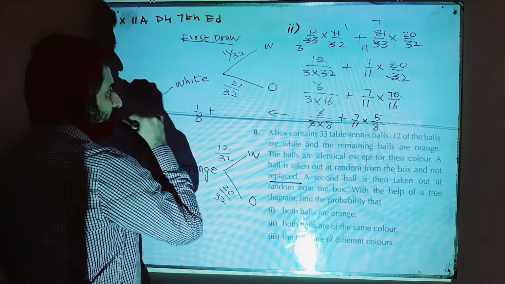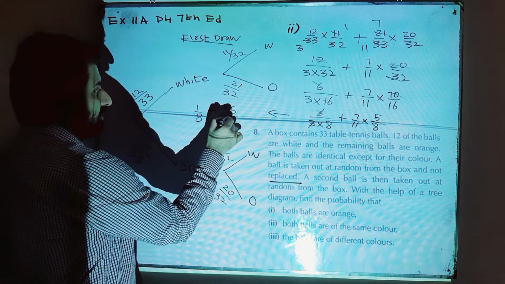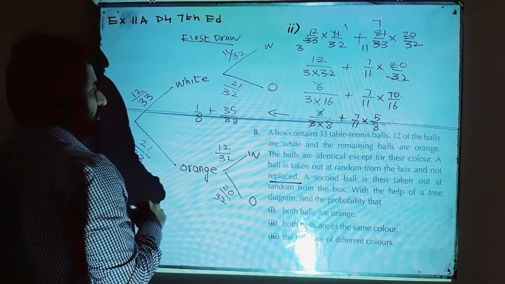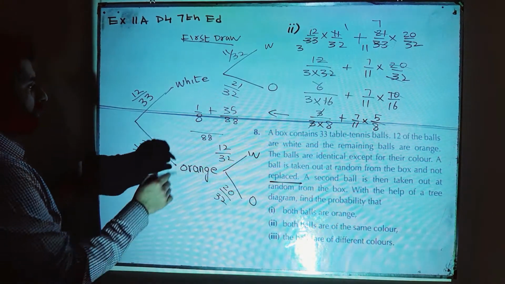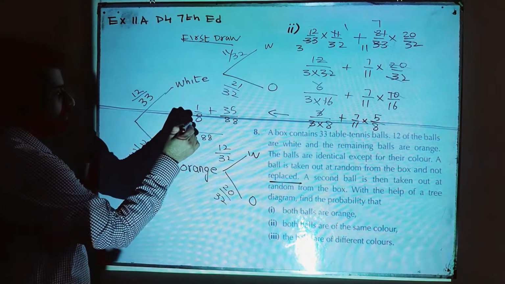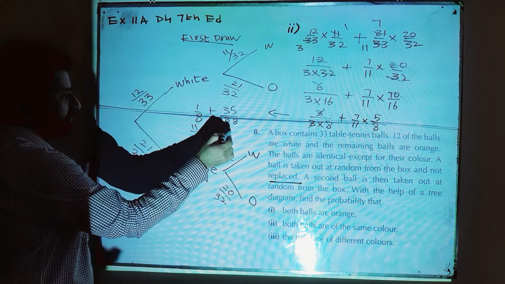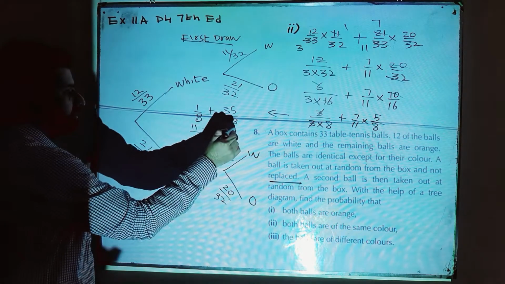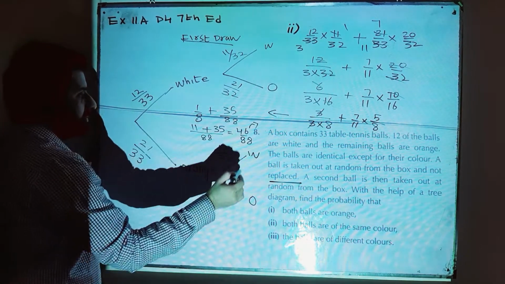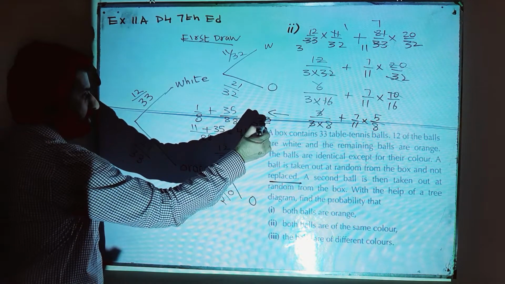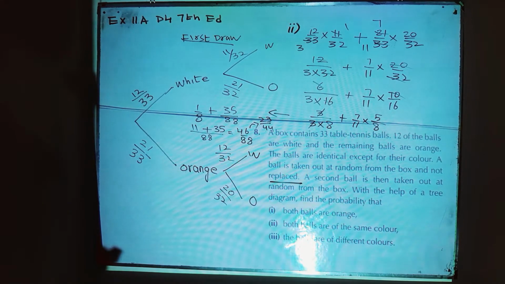Moving over here, it will be 1 over 8 plus 5 into 7 is 35 over 88, right? 88 may be the LCM in this case now. 8 elevens are 88, so 11 into 1 is 11, plus 35, that is 46 over 88, whose further simplification can be done, that is 23 over 44. So this is the answer for part number 2.